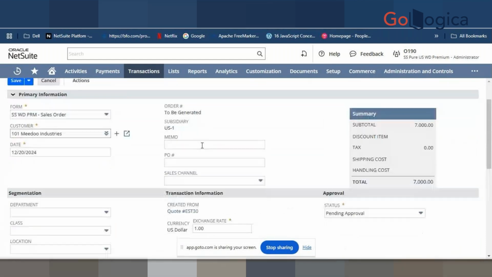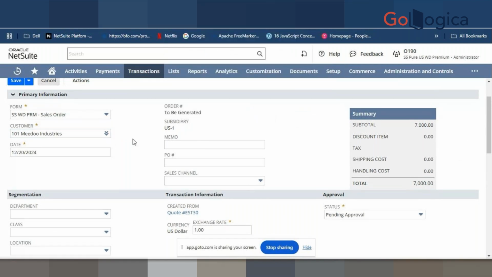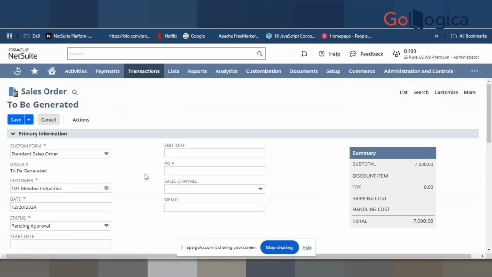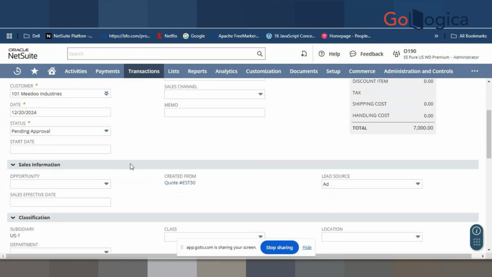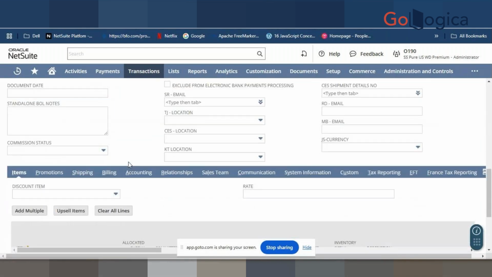If there is anything you feel has to be changed, you can make the changes. You just check all the details here. If everything is okay and good,